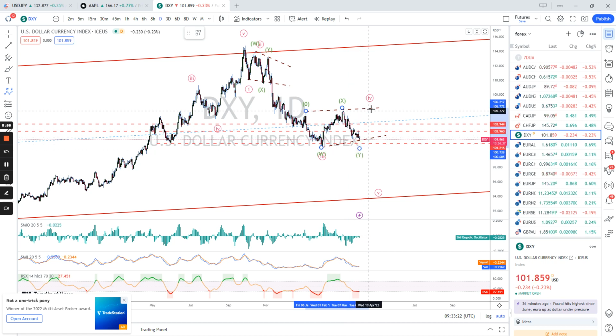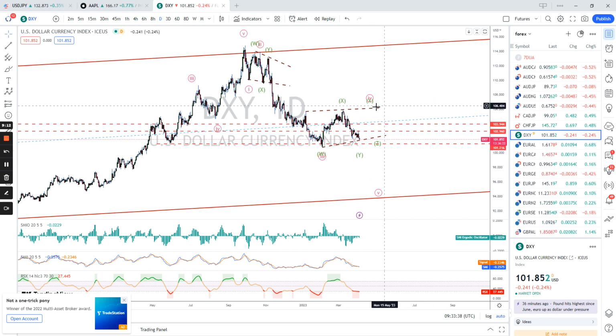So let's say we are in the middle of this triple combo wave, and I would expect a little more range trading between these two boundaries of this triangle or rectangle, whichever would be formed. We have the first swing lower, then second swing higher, then a third swing lower, then a fourth swing higher, before another test of